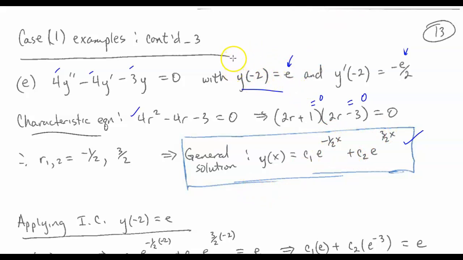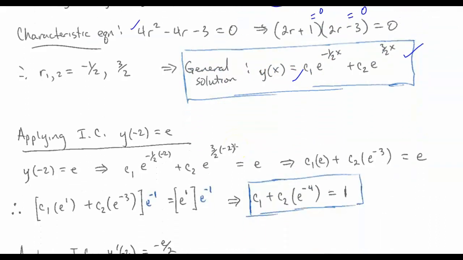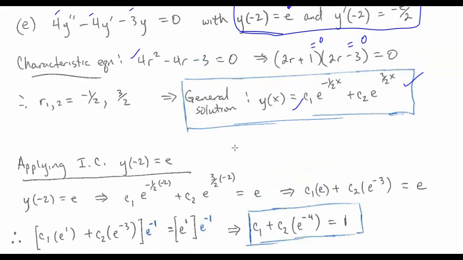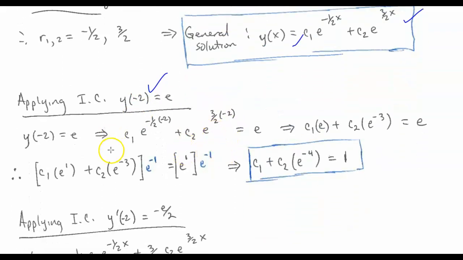Now, the more interesting thing here is using these initial conditions. Since I have what y of x would be in general, I can use this initial condition, but since I also have an initial condition that involves the first derivative, I'm going to have to take the first derivative of this particular function as well. So since this is one I've already worked out, I went ahead and just applied this first initial condition here by going ahead and plugging everything in. And of course, you see once I plugged in a -2 everywhere where I had x and made the entire equation equal e, then we see that